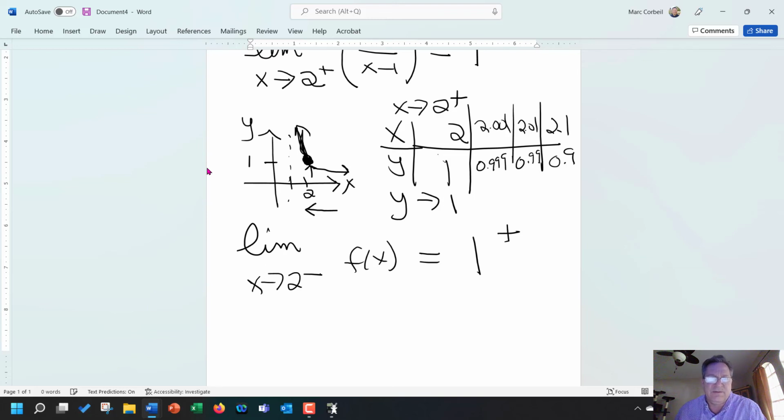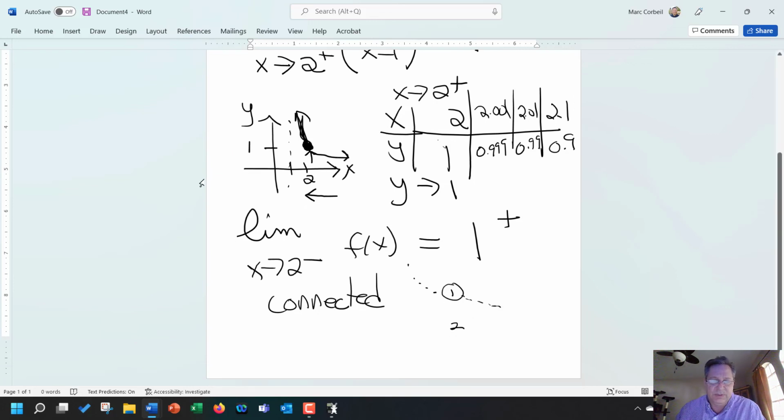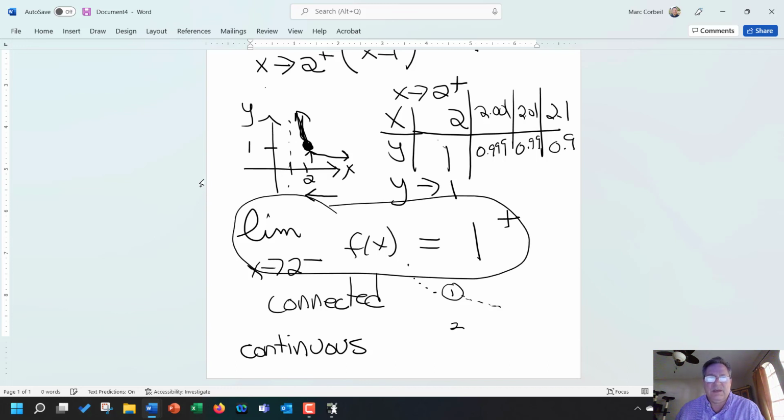And notice that makes it very, we'll use the word connected kind of thing. It's very connected because as we do the dots going to 1 at the value 2, it's very connected and leading to that. We have a better word than connected. We'll use this word continuous. And actually, we've talked about this continuous right here. And the two limits are going to help me define